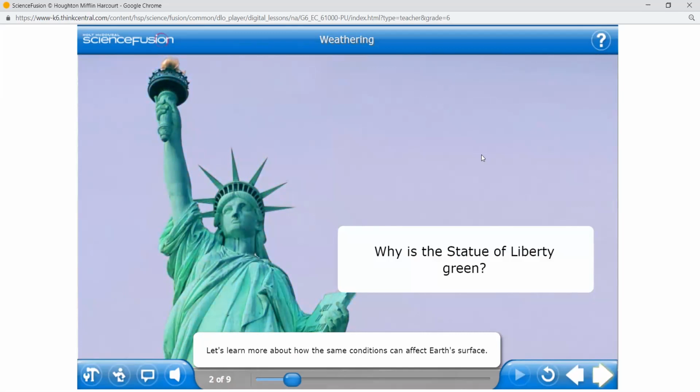See, because of chemicals, the Statue of Liberty, which was golden copper in color, that is reddish brown, changed to green because of snow, wind, air, and rainwater. So these are the things affecting it.